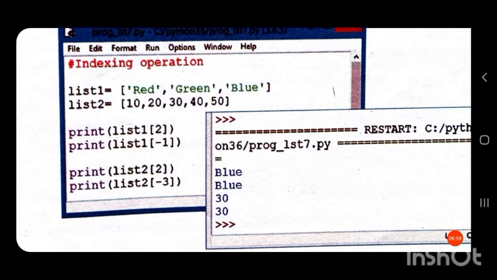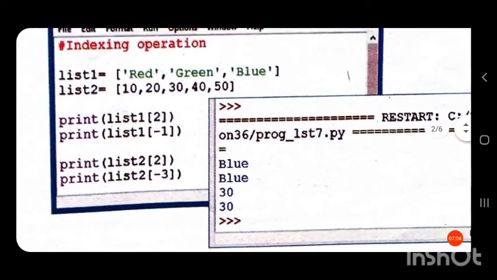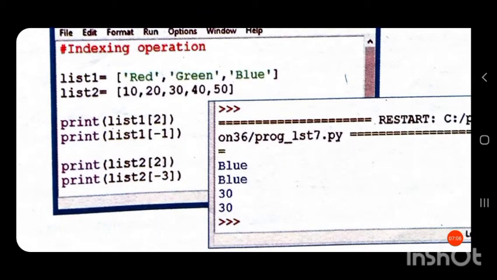Then the next statement, print list 2 in square brackets 2. At index 2 the value is 30. In list 2 at index 2 the value is 30. But in list 2 at index -1 the value is 50.